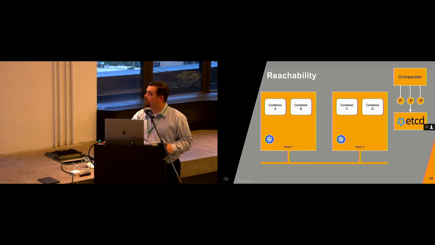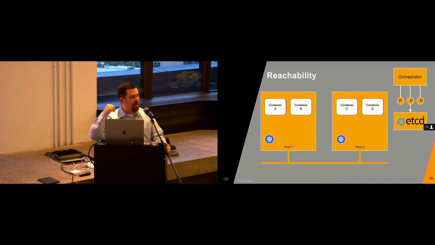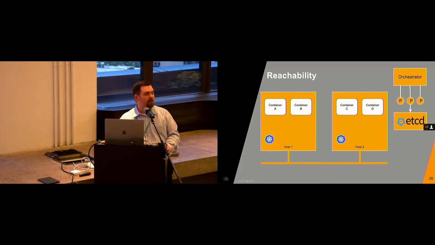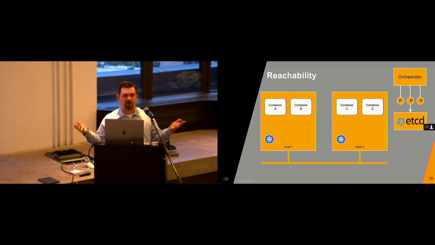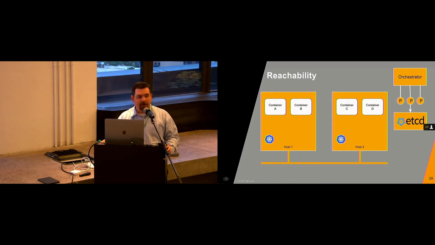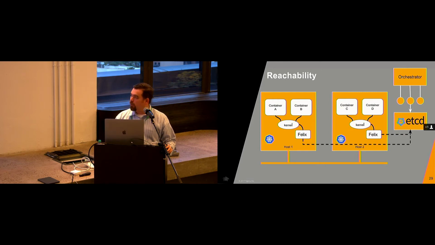So we take that etcd database, and remember I talked about the dynamic workloads, right? We're watching all the metadata that's in the orchestrator. There's lots of different orchestrators out there, so how do we watch all that metadata? Well, we provide a plugin system that helps us do that, and the plugins are very specific. So we have a specific one for OpenStack, a specific one for native Docker, a specific one for Kubernetes, for example. We watch that metadata, we canonicalize the data coming out of those orchestrators, and we send that data into etcd. We also put an agent on every single host that's going to act as a forwarder.